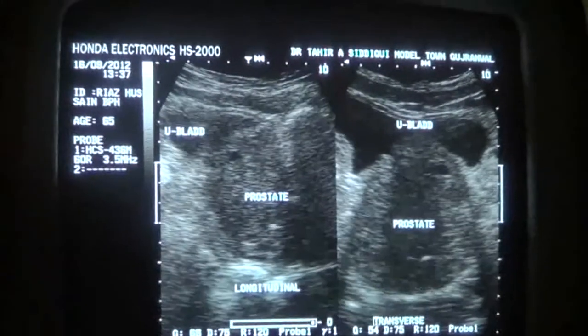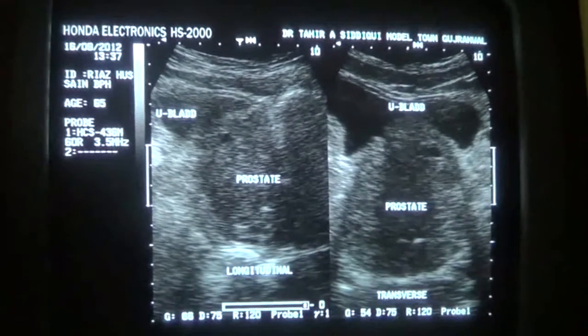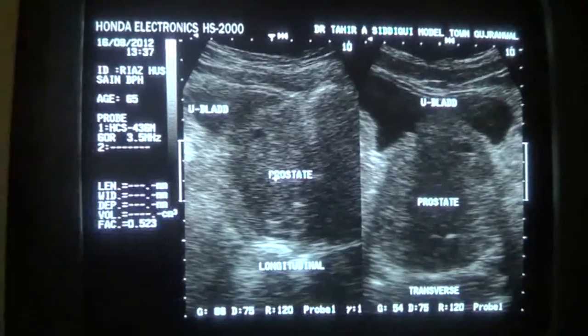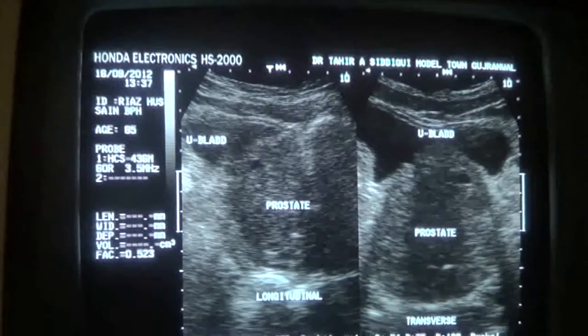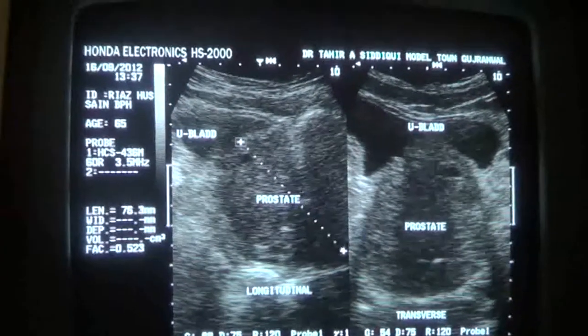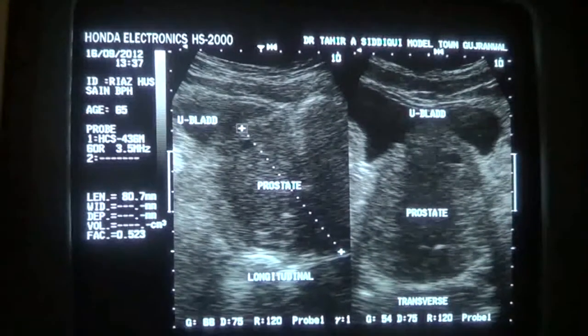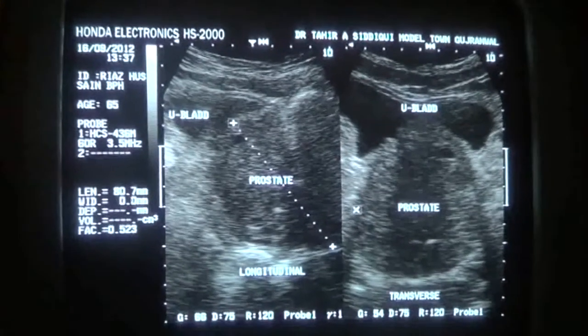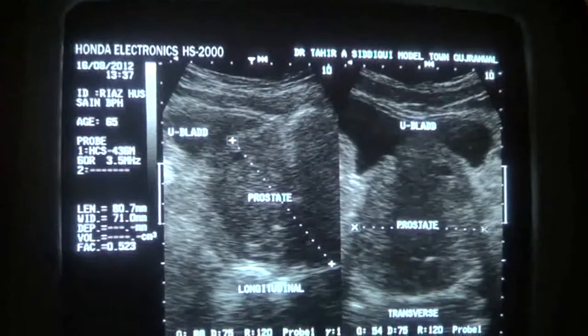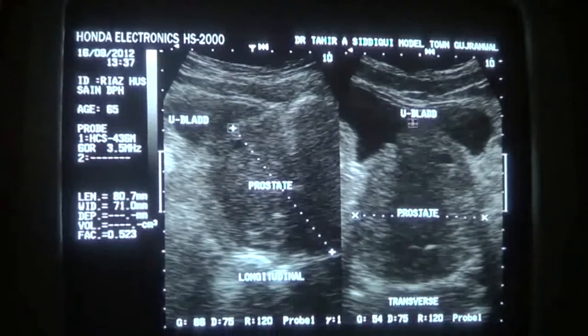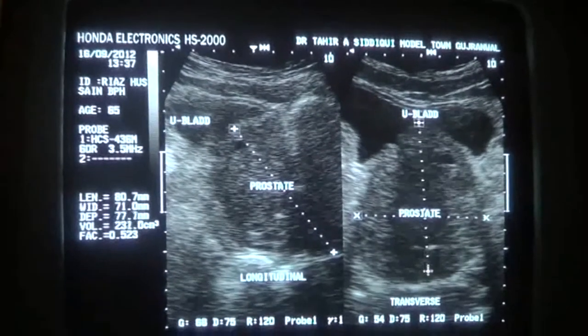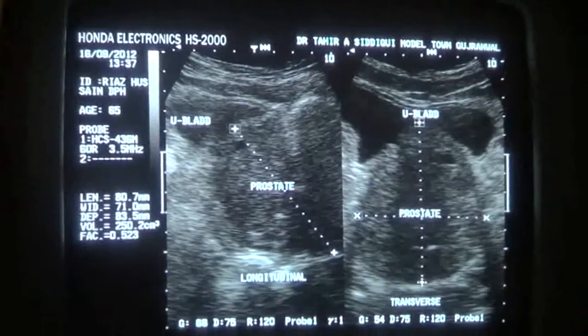This is the transverse section. And by measuring the prostate via the ultrasound machine, the dimension of the prostate comes to approximately